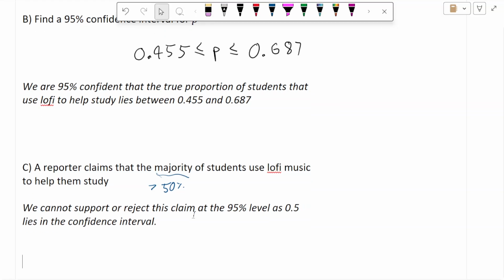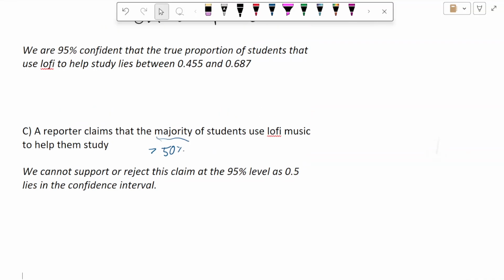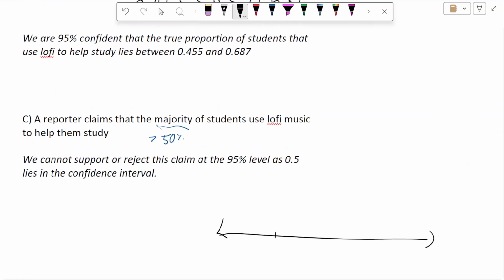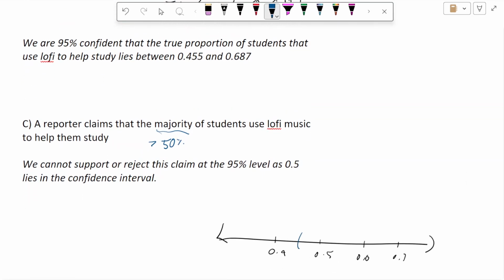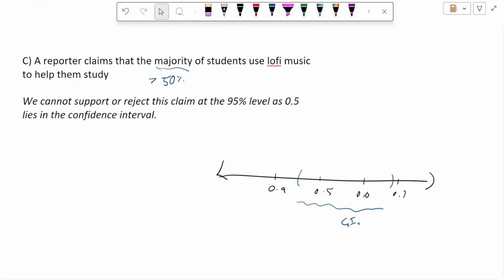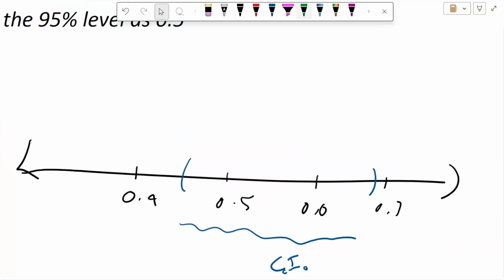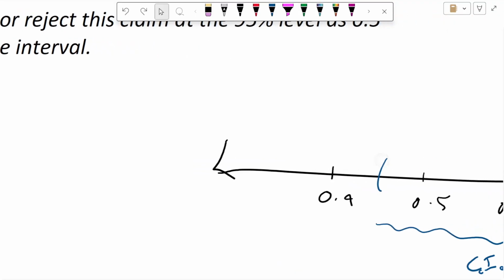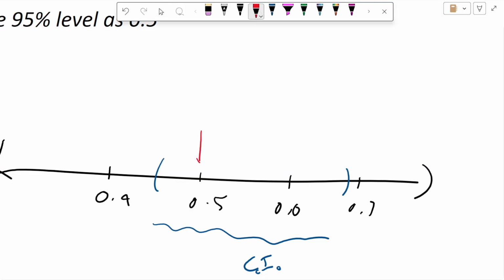Okay, so basically the reason for this is if we've got a number line and we put our confidence interval on it, so here's 0.4, 0.5, 0.6, and 0.7. Okay, 0.45 is where the confidence interval starts, so it's about there, and it goes up to 0.68. So this is our confidence interval, and that's where we're guessing p is going to be. By the way, p hat was right in the middle, right there. Now, p could be anywhere in this confidence interval. They are claiming that p is greater than that value, which may not be true, because p could be there,